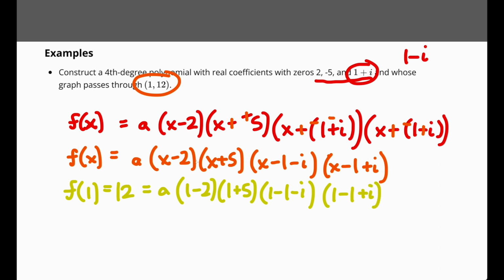So you end up with something like that. Okay, that's going to be negative 1. That's going to be 6. That cancels, so it's negative i. That cancels, so it's just positive i. And you end up with